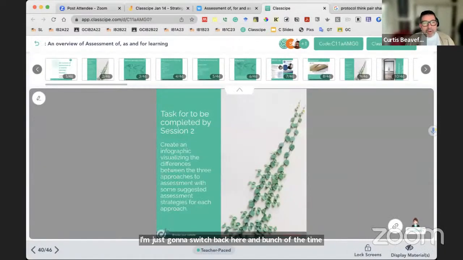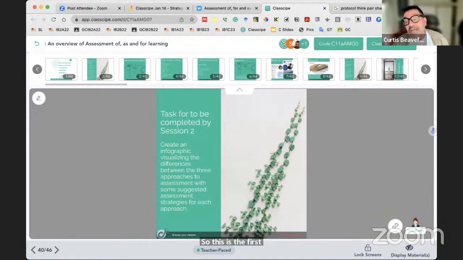Okay, so this is the first session, and there's going to be another session in the future. What we've been asked to do, and this is something the Classcipe PD people want us to do, is to have a follow-up session afterwards. If you decide to join the follow-up session, what we'd like you to do is create an infographic visualizing the differences between these three approaches. And on that infographic, or that visual